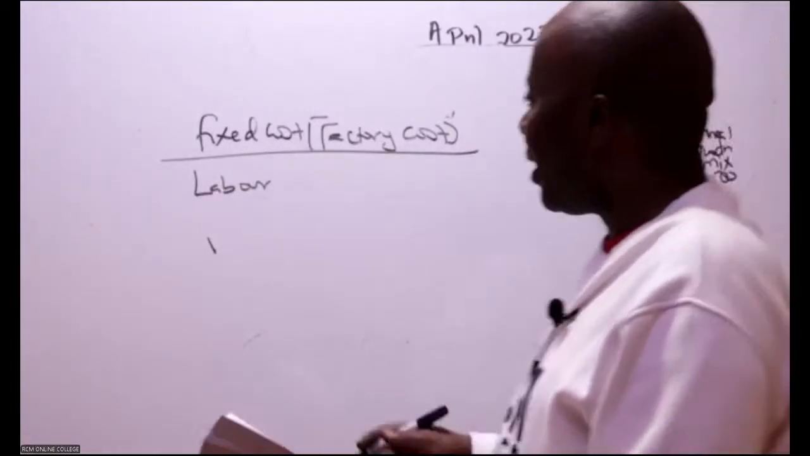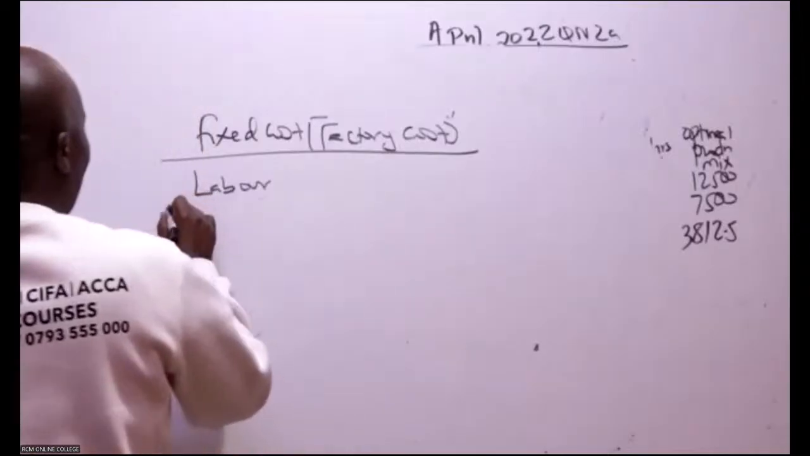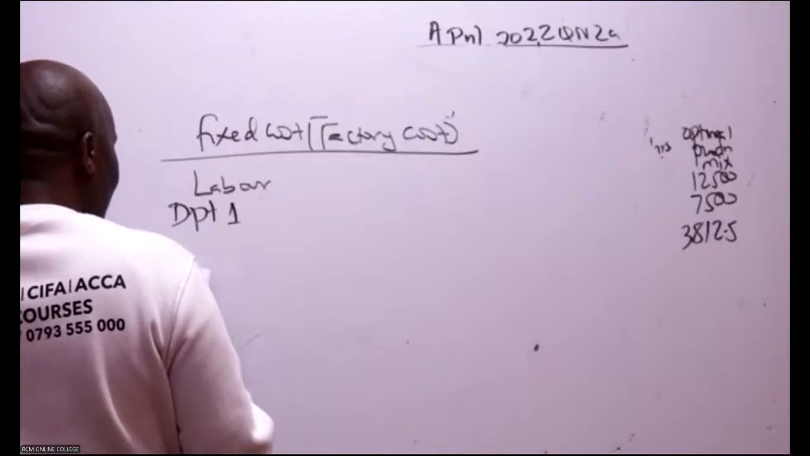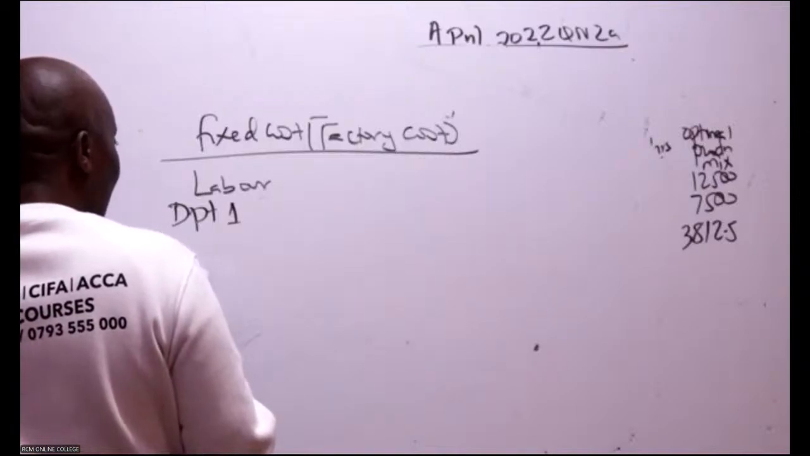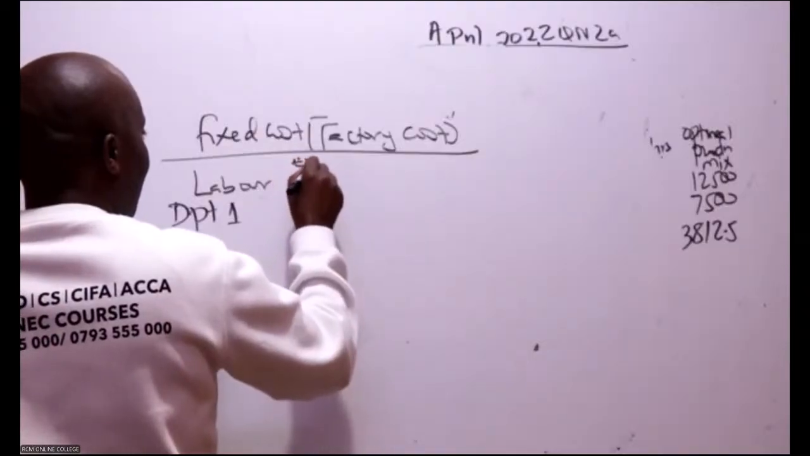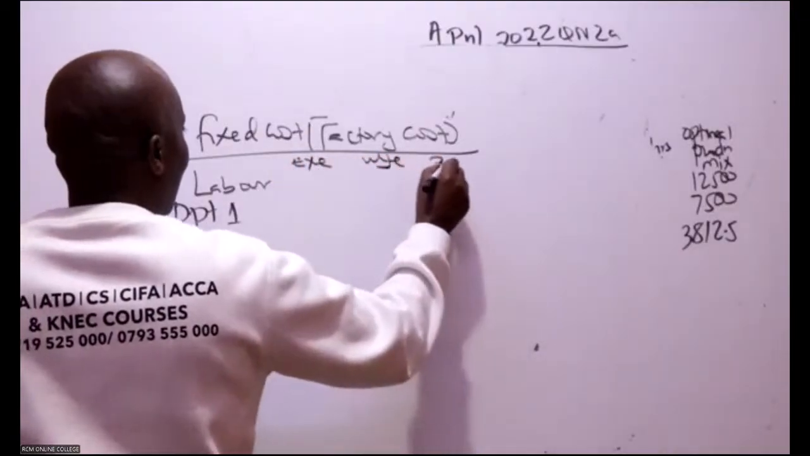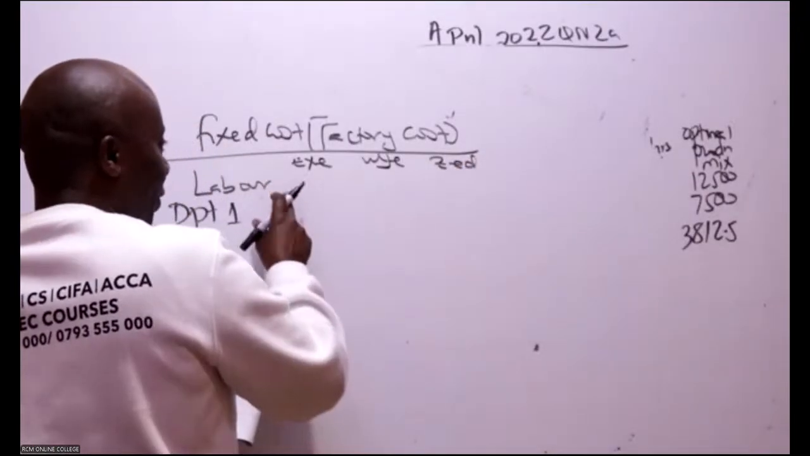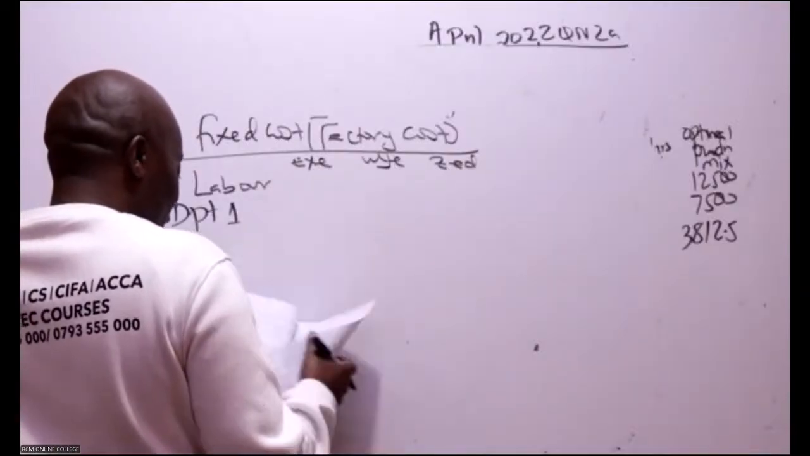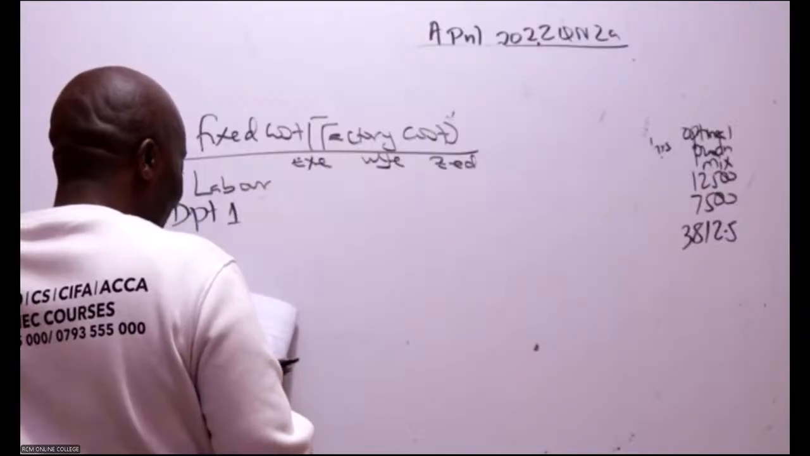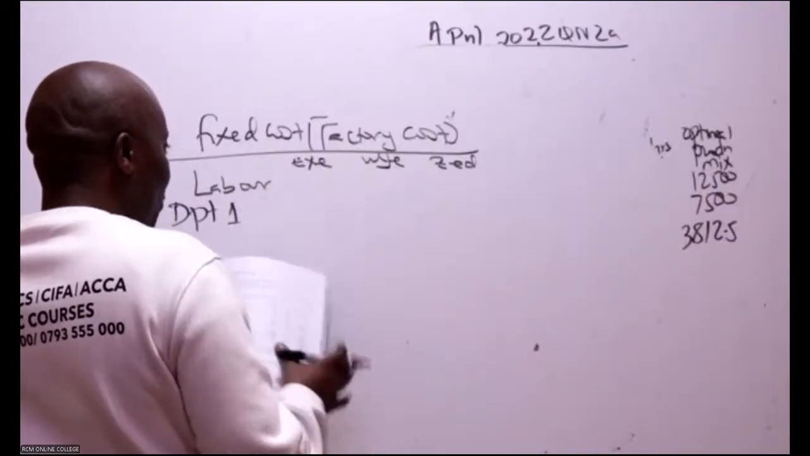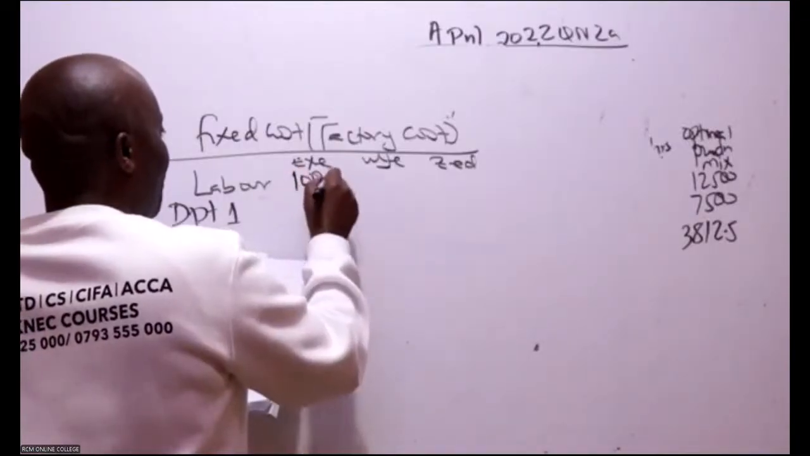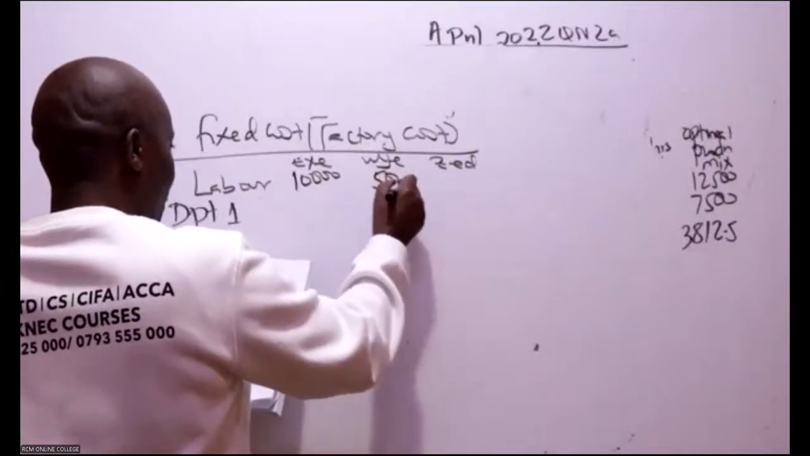So the current labor, we have department 1. Don't forget that we have X, Y, Z. Here we're working with current output. The current output is given at the very beginning. In paragraph number 1, X was 10,000, Y was 5,000, and Z was